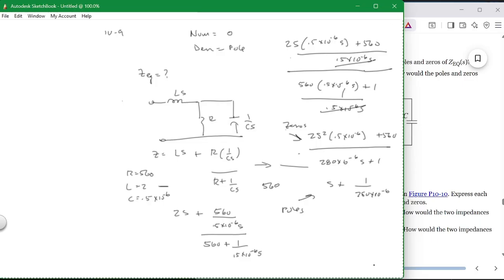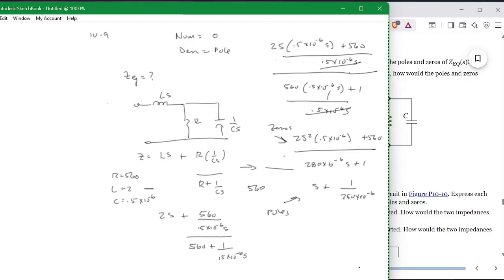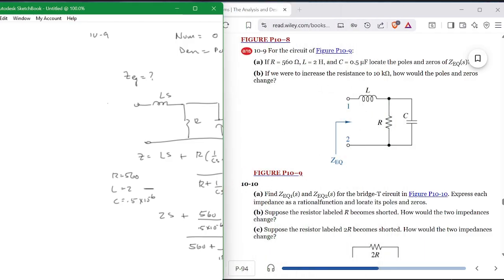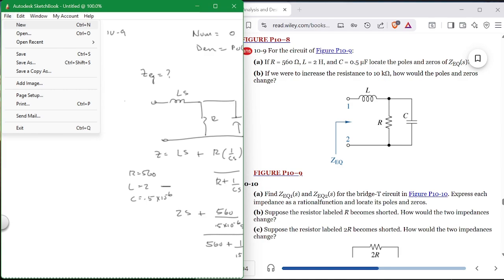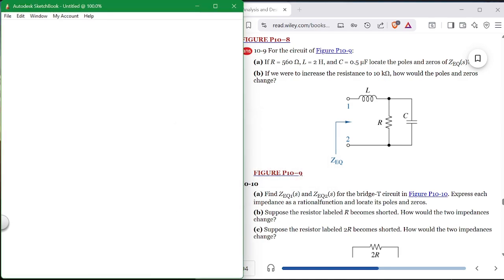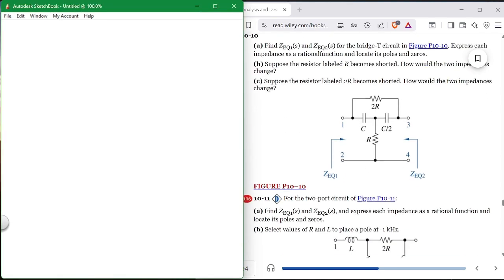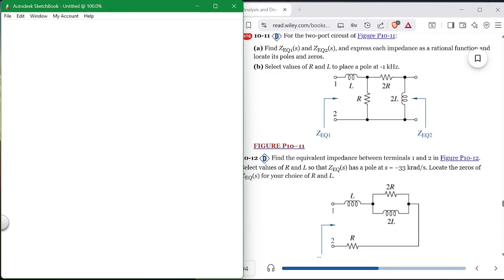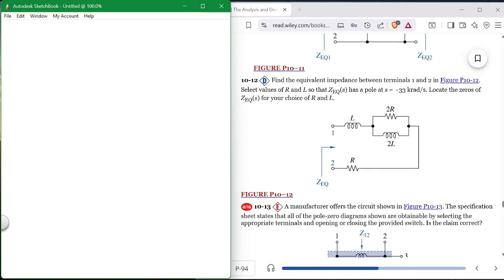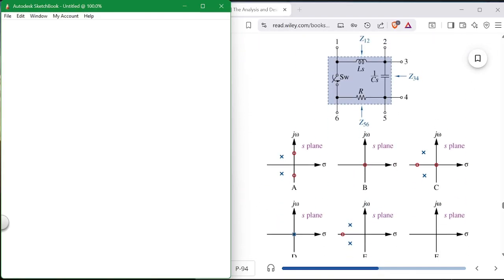All right, let's bring this back. Okay. I'm getting anxious to get down to the real problems. What I'm trying to do is figure out how to do these. I want you to be able to